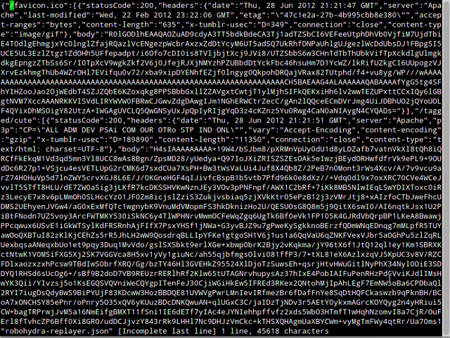So we see here the responses from the request to favicon.ico. We see the status code, the headers until here, and then the body. And the body is in base64. So what we are going to do